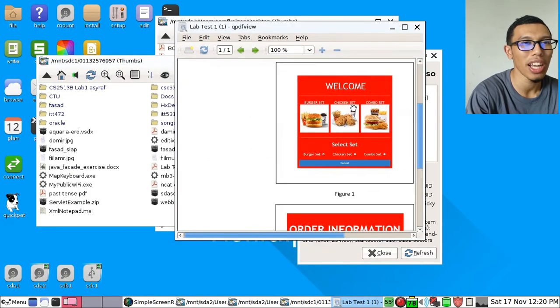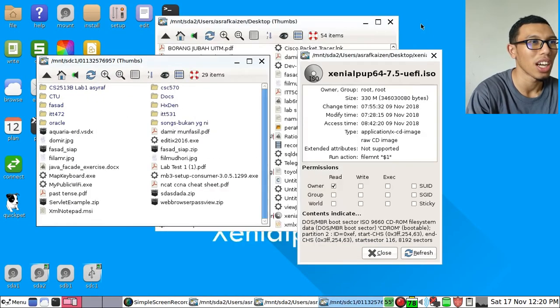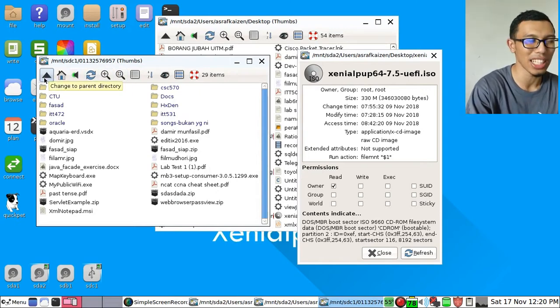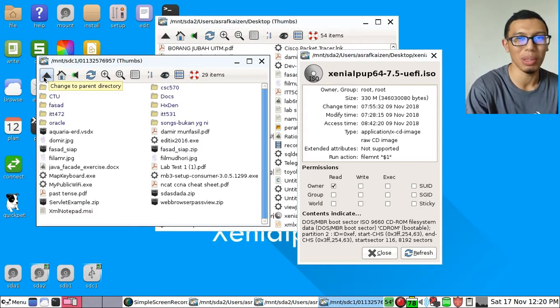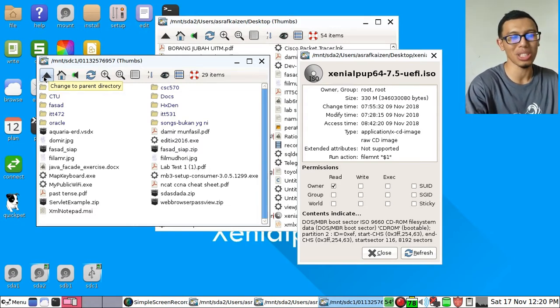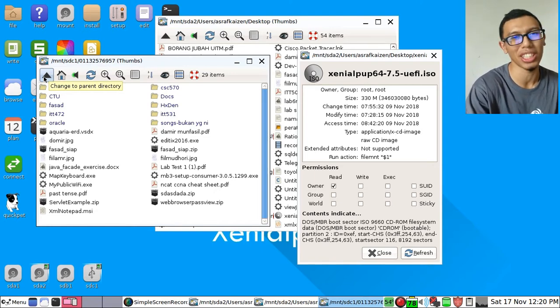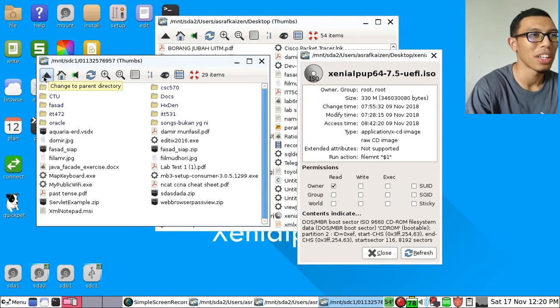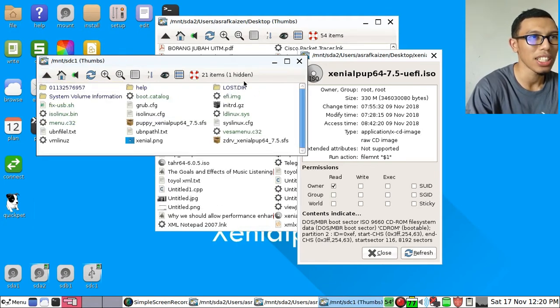This is a PDF file. I have a PDF viewer. So it is very good for USB persistence. You can use a pen drive as it is, and just put a Puppy Linux operating system into that pen drive, and you're good. You can use Puppy Linux anytime at all without sacrificing much. You don't need to buy one pen drive specifically for the operating system. So yeah, this is my pen drive.